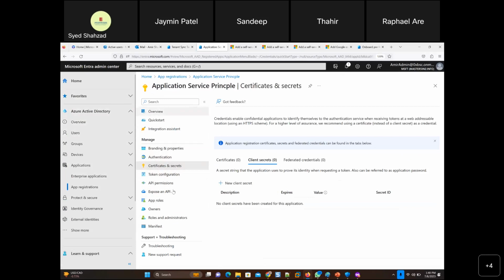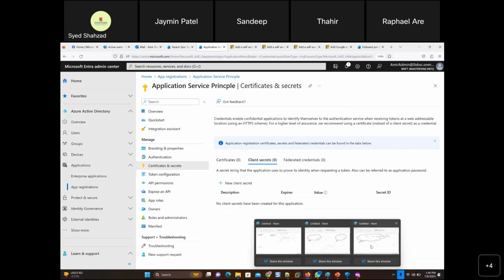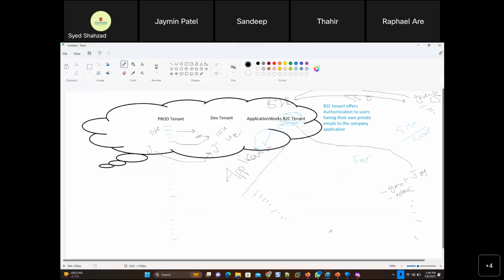So first you create this service principal, where certificates and secrets are shown. If I go to the diagram here, there's an application, and the application wants authentication from Active Directory, AAD, Azure Active Directory. So now the application needs some kind of user account or some kind of entity that has a username and password to show that, hey, I am requesting some kind of authentication via this service principal that I created.